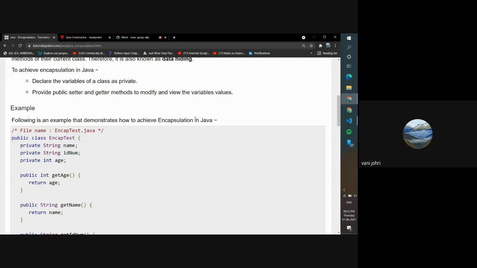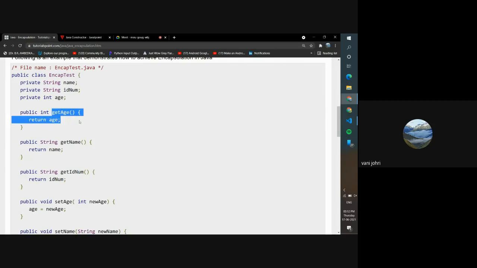Now setter and getter methods are nothing different, they are normal methods, but we just call them setter and getter, just a way of writing it. So this getAge could have been named anything else, but we name it getAge because it is a convention. This is how all the coders write it, so that if some other coder reads your code, they can understand it.